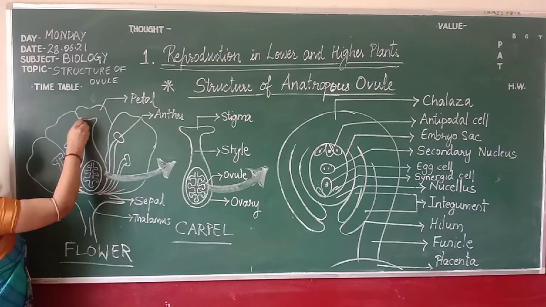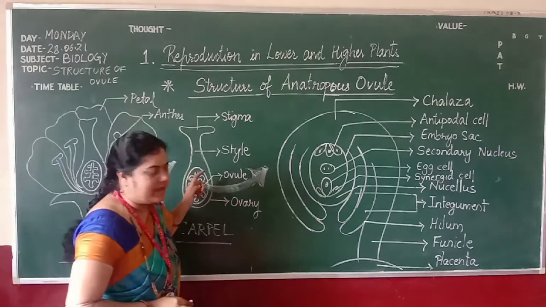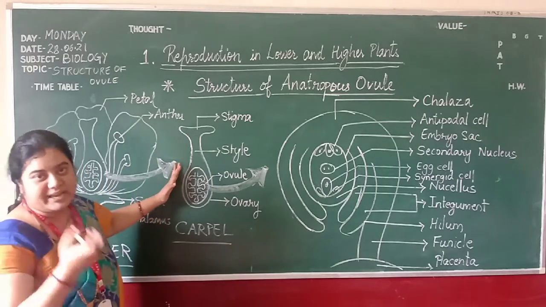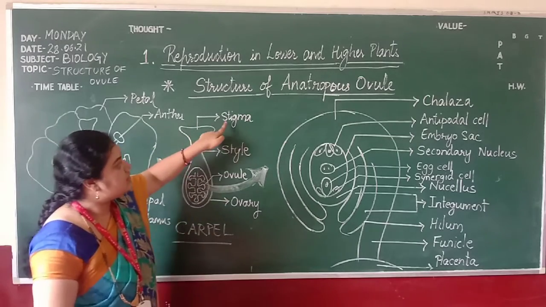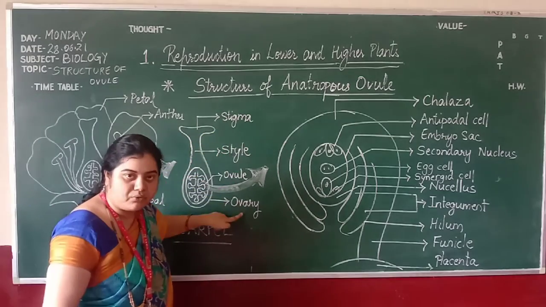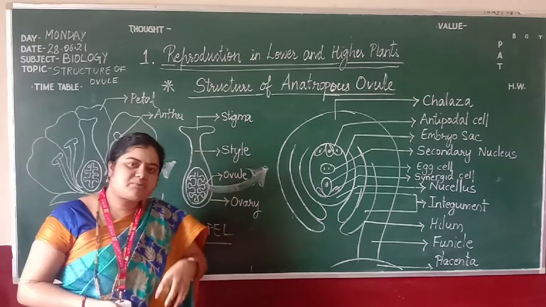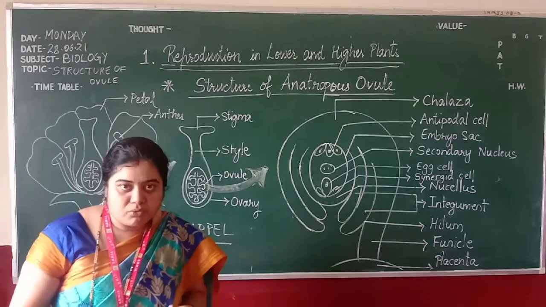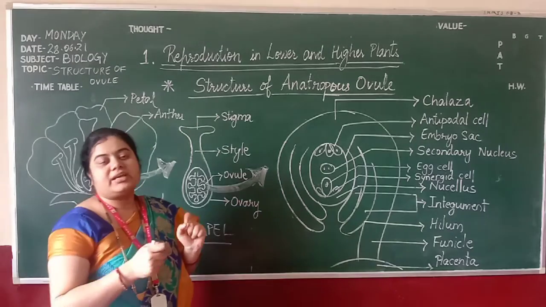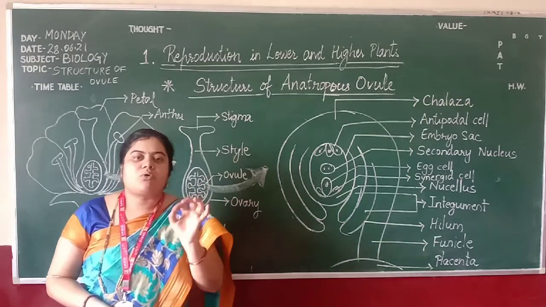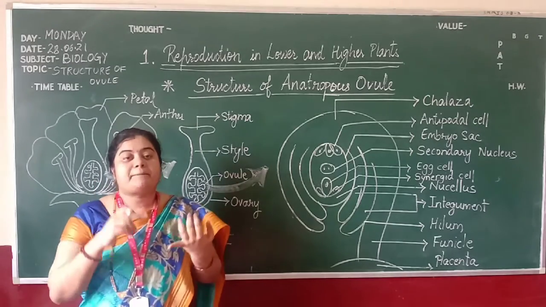This is the female part of the flower, and here I have zoomed it. You can see that in the female part, which is the gynoecium, there are three sections: stigma, style and ovary. In the ovary, ovules are present. In some ovaries, there may be only one ovule. If a single ovule is present inside the ovary, we call it a uniovulate ovary. Example, you can see in the flower of wheat, mango.